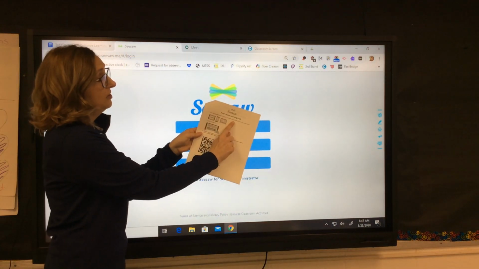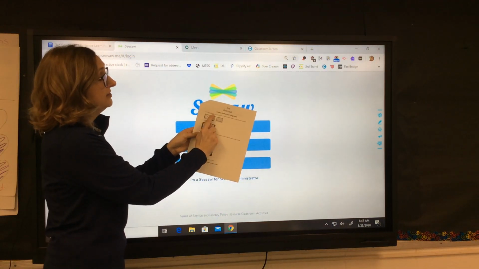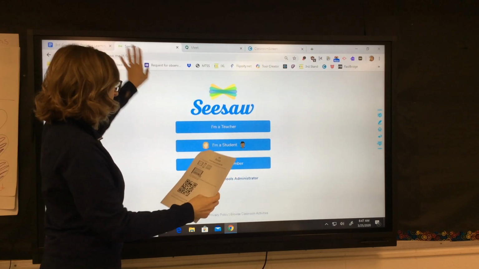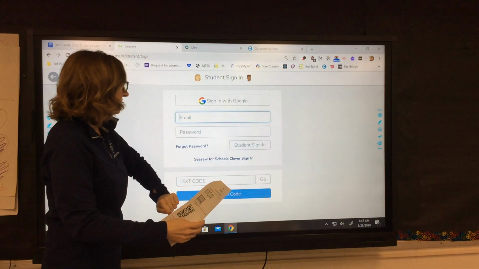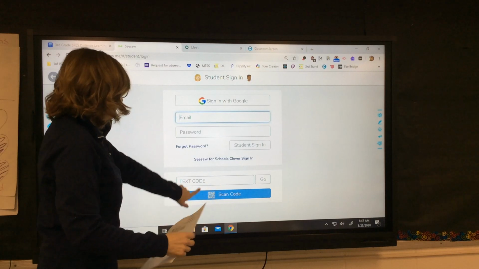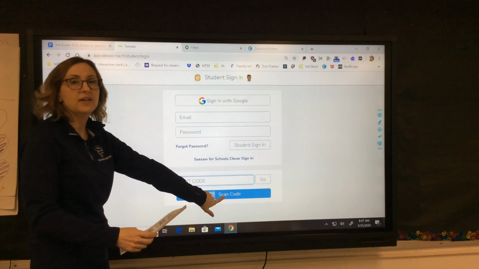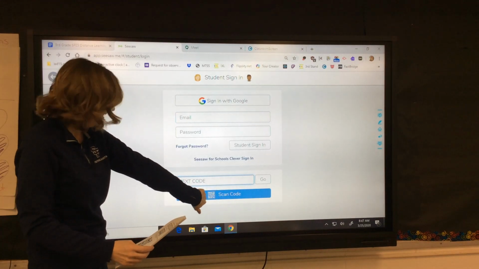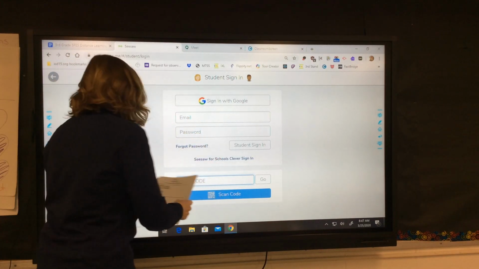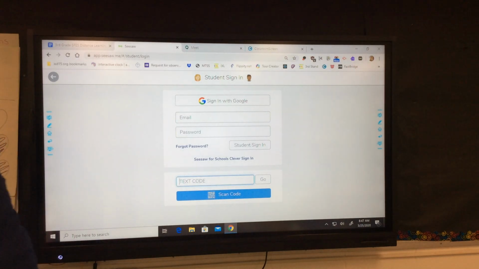The information is right up on here as well. Then there's a text code right down here, or if you have something with a web camera, you can scan the QR code from there. Or I'm going to text in the code.